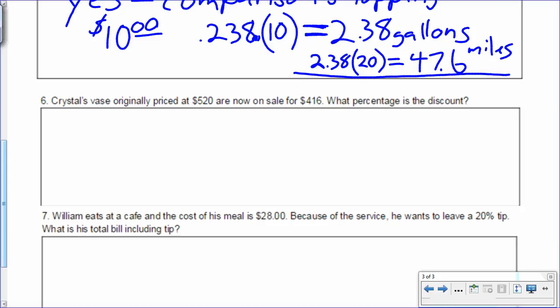So, on to question 6. Crystal's vase originally priced at $520 are now on sale for, I think we've got some issues with that sentence, but this is math, so we won't worry about that for now, are now on sale for $416. What percentage is the discount? Okay, so